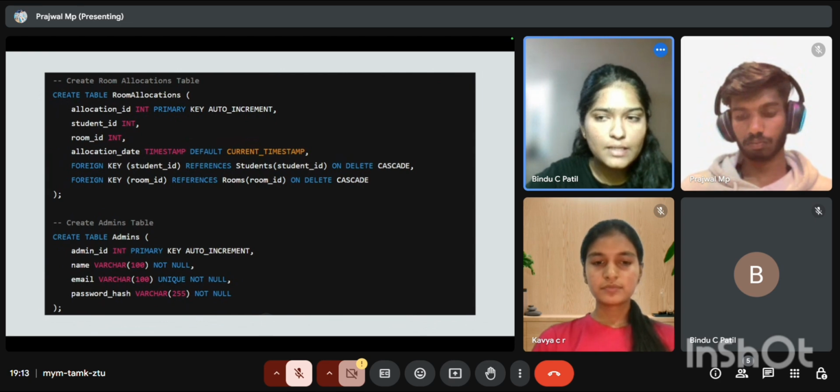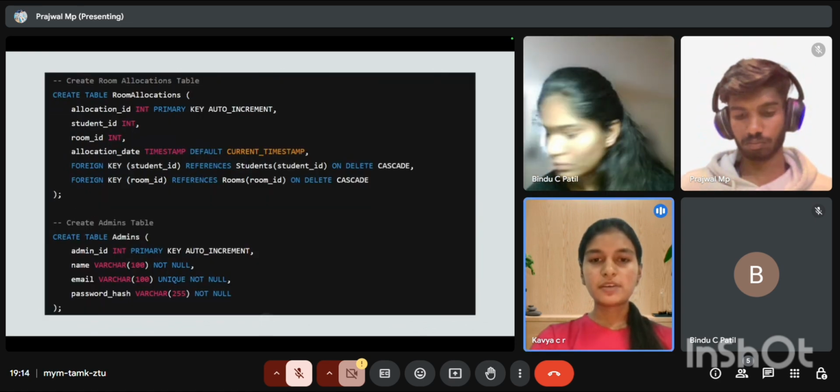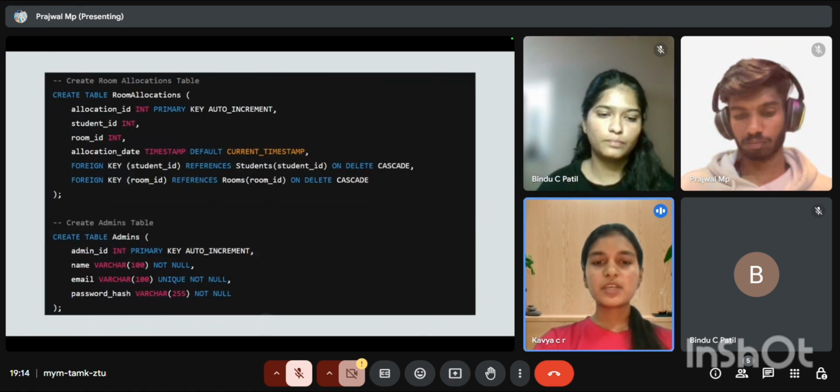Next is explained by Kavya. Hello everyone, myself Kavya. Here I am to explain the concept of the admin table. It stores admin user information with a unique admin_ID, name, email, admin identity, and password_hash, which stores the admin login password